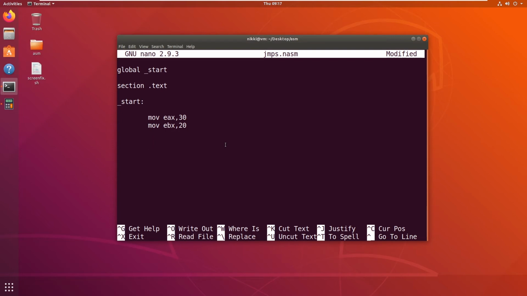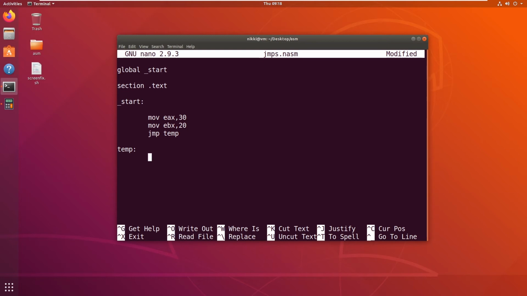Now what I'm going to do is say jump to temp. There is no temp label or function in our assembly code, so now we are going to create a temp. This is the temp label. Okay, what shall we write?